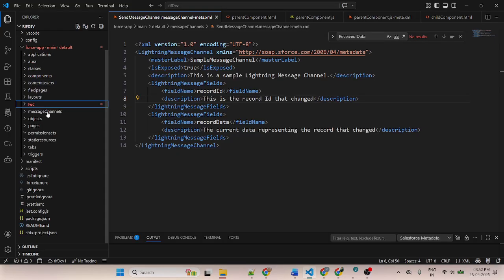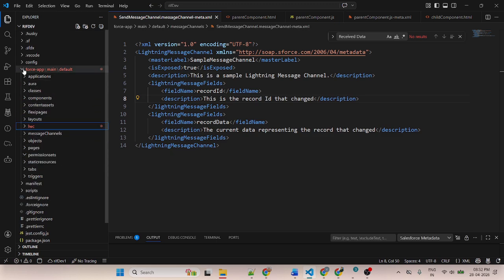It is not created inside the LWC folder; it is in the root here. If you are working on the PubSub model, it is created inside the LWC. This is a different folder.